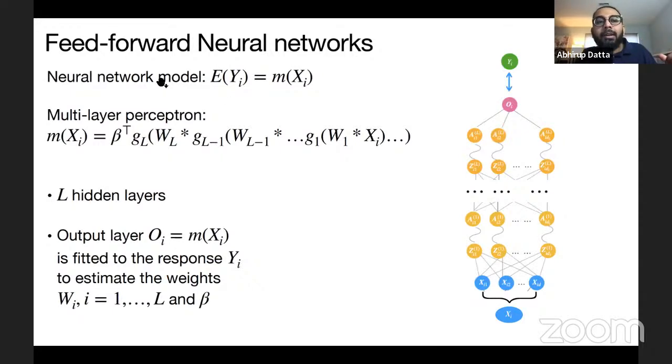So that was a one-layer neural network. You can apply this idea recursively to get an L-layer neural network. And it's exactly the same thing. You start with your Xs and then alternate between linear and nonlinear transformations. And instead of doing this just once, you do this L times to get your Lth hidden layer. And then you finally do one linear combination to get your output layer. So in this L-layer or multi-layer perceptron, there will be L sets of W matrices and one beta, which are unknown. All the nonlinear transformations are known.